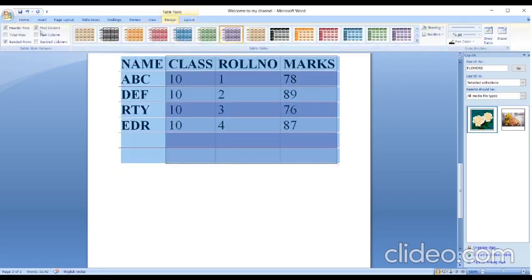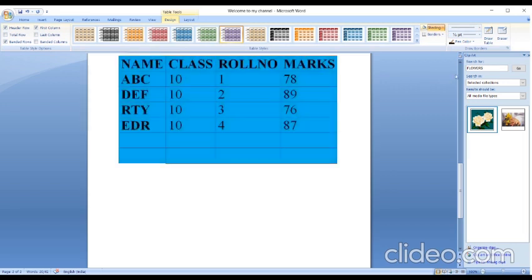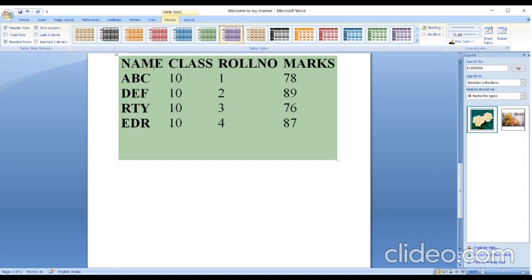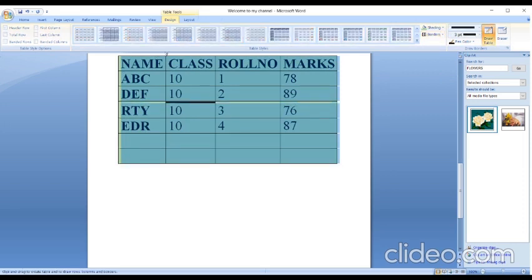Another thing, in Design view, you can give a header row, whichever heading you want to give. If you want to give shading, you can give any shading. If you want to give a border, you can give all borders. The whole lines are shown. If I click on no border, no line will be visible. Lines are there, but they are not visible. All borders. Now if you want to increase the size of the line, the style, the pattern, you can do it. By moving it on that particular line, you can give those styles as a border.